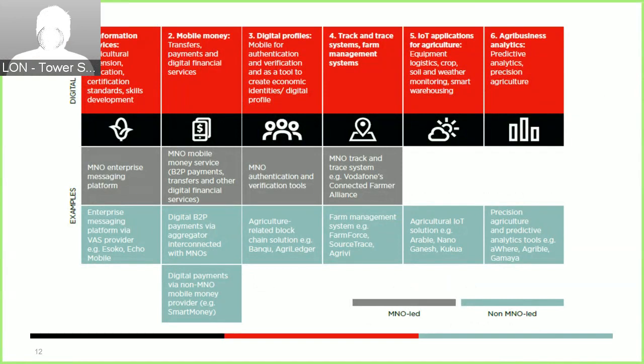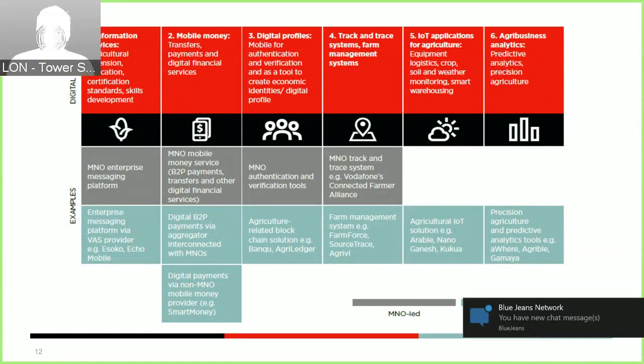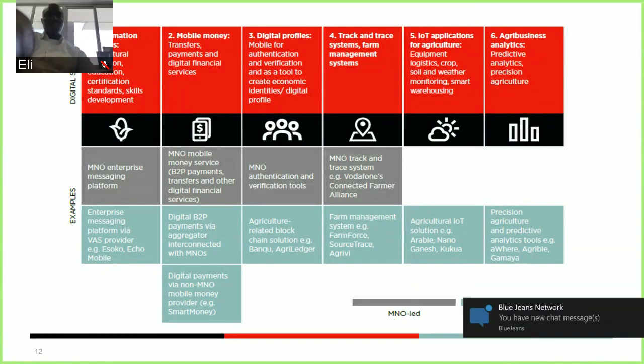But there are also other non-MNO-led tech providers that allow for the dissemination of information to farmers. This has been a core business for ESOCO for some time, but there are also new service providers in this space. For example, here we mention EcoMobile, which through its communication platforms allows for efficient communication from agribusinesses to farmers in African markets.